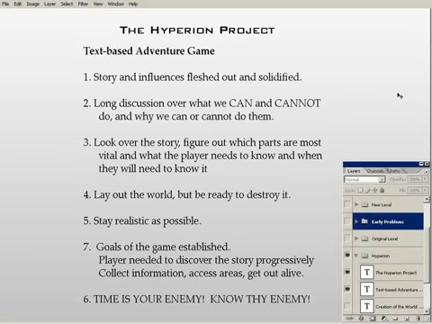I played a lot of the tabletop role-playing game Shadowrun, and that was always a big thing. In fact, I was actually tempted when I first got the idea to try to make a Shadowrun-style game, but I didn't want to rip directly from somebody else, so it kind of got throttled back just a little bit. But I had to get all of that ironed out and get that story really locked down before I could do anything as far as where to go from here, because really, if you strip away the story, Hyperion is just a few blocks with some directions, and you're going to pick stuff up and put it down.